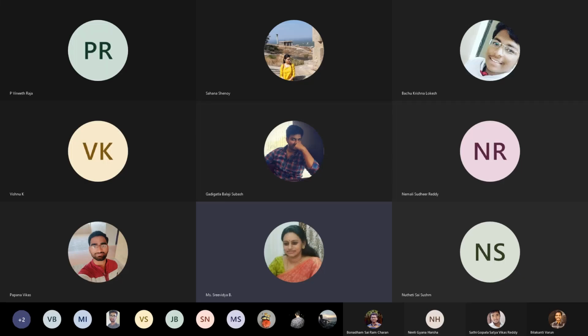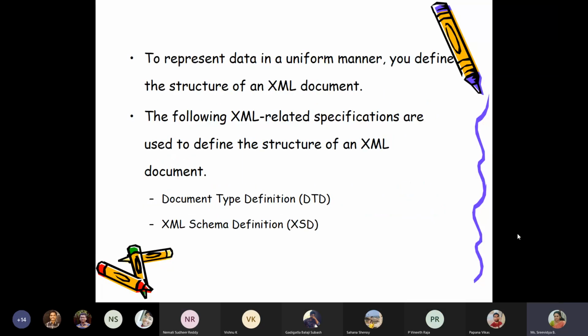They are going to share. I mean, the structure of that, and that can be done in two different ways. One is called document type definition, DTD in short, or the other one is XML schema definition, or in short XSD. So what basically these mechanisms help you to do is it will tell what are the tags